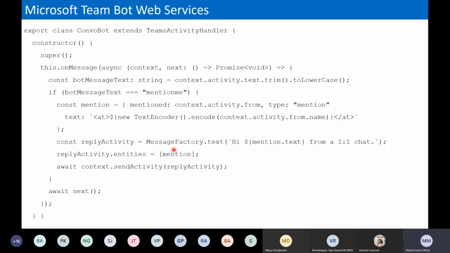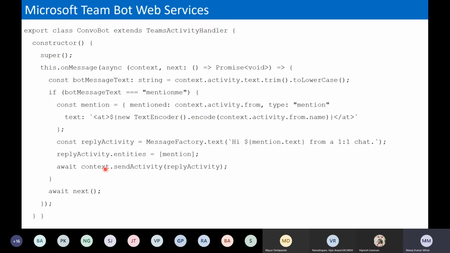Basically, the message factory helps to gather all the information which we need to throw into our conversation boxes. It stores it in a variable as an activity reply, and then we use context.sendActivity. We can also use sendActivities to send multiple activities. Similarly, we can post multiple messages.